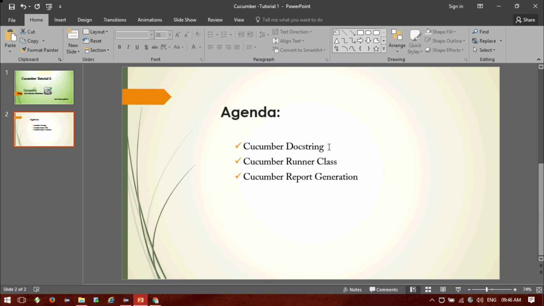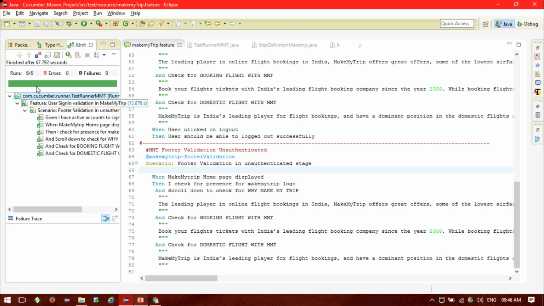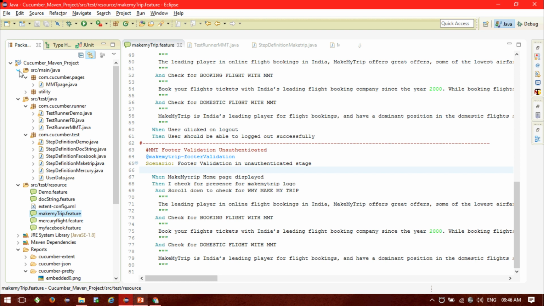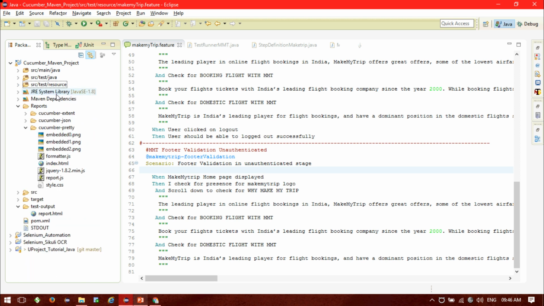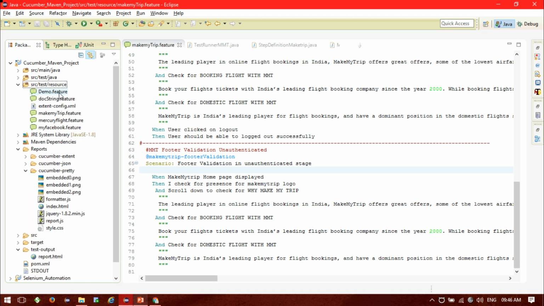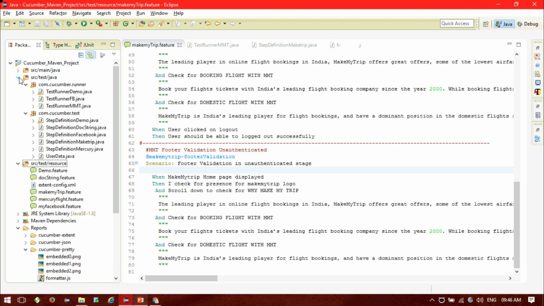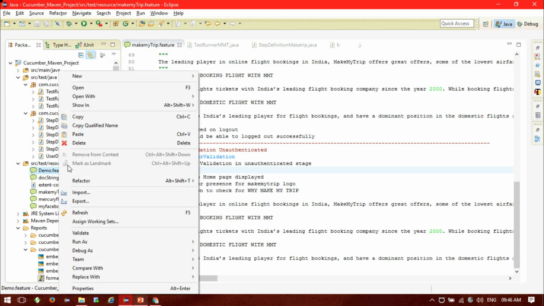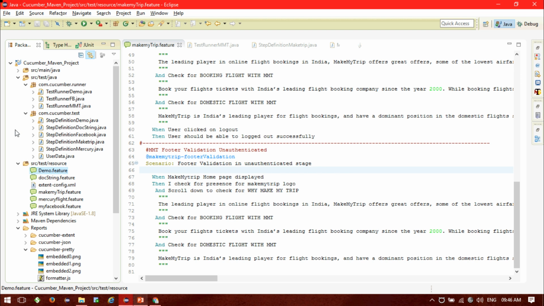Okay, so now let me take out the Cucumber runner class. So as of now, I have shown you that we are executing this way: we are writing a demo feature file, then we implement the Java code and mention the different parts, different test sets of Java. We are creating step definition classes, or we can say the glue of my feature code, and we are executing that feature file this way, like run as Cucumber feature, right? So there is another way: if you use tags, hooks, or if you want to run multiple features at a single time, then you should use the Cucumber runner classes.